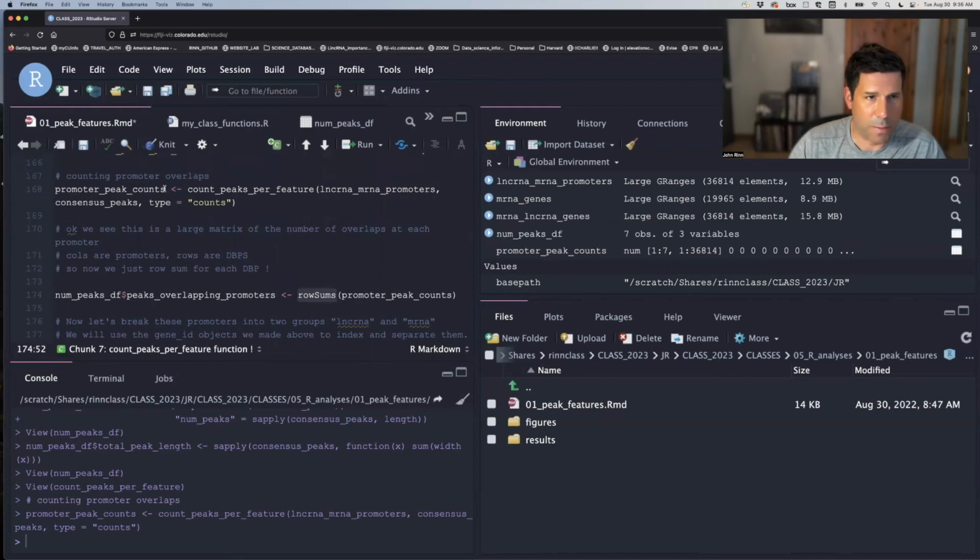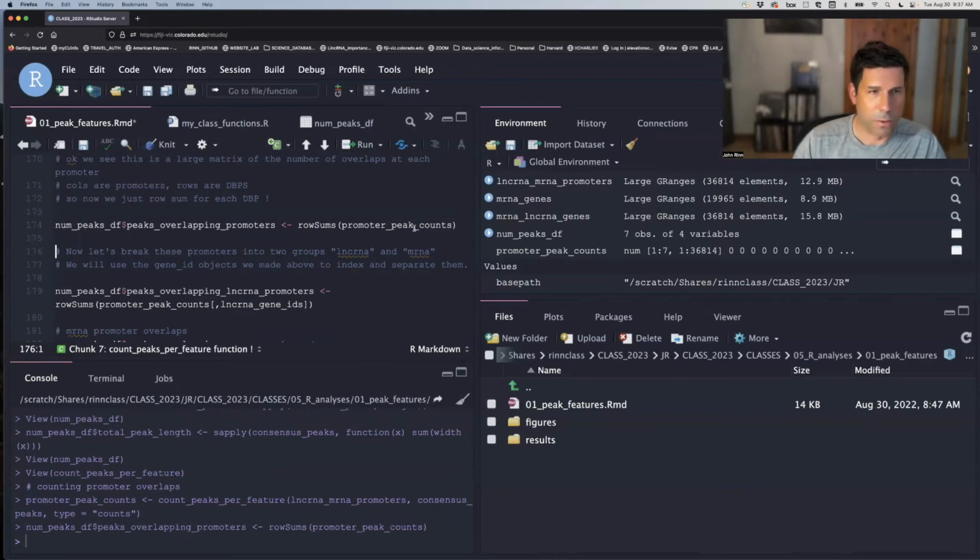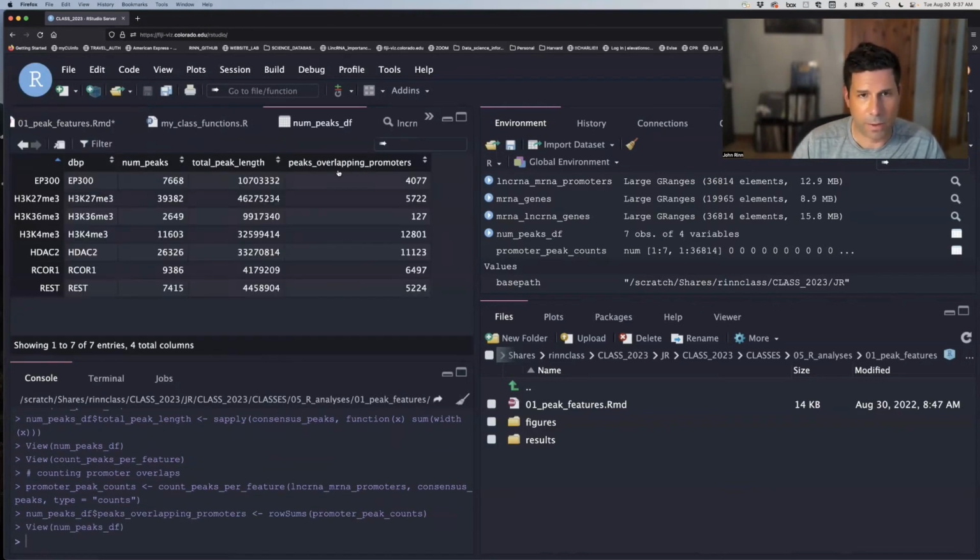So we've just made promoter peak counts from this counts peaks per feature. And if we sum the row, a row is a DNA binding protein, and the columns are promoters with the number of counts in them. So we're going to now add this to our num_peaks_df, just doing some index playing around here by indexing with a cache sign to make a new column called peaks overlapping promoters, and run row sums for each of those rows. Okay, cool. So now num_peaks_df has peaks overlapping promoters, and we can see here now that 4,000 out of 7,000 overlap promoters,